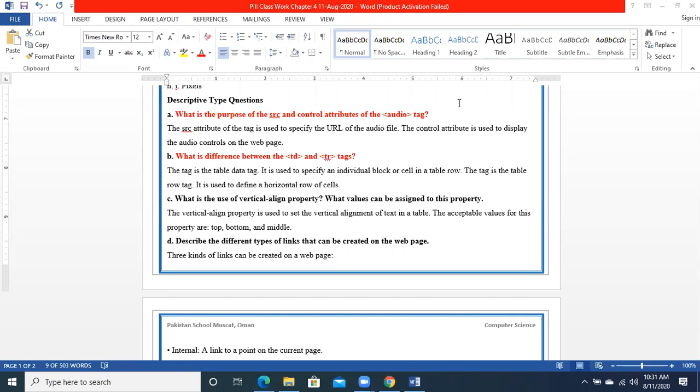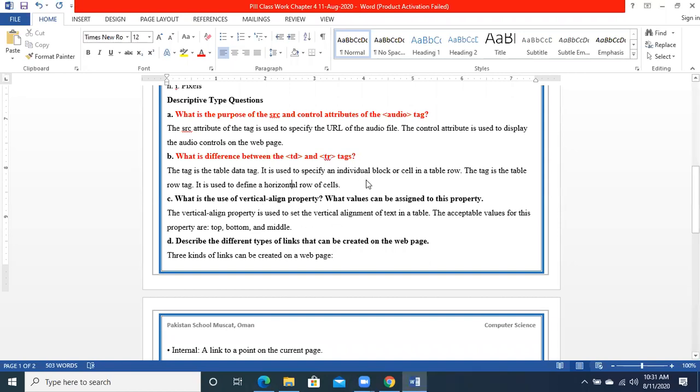First we will create the row, then we will put the values. When we are creating the row, TR will be used, and when we are putting the data, TD will be used. So these are basically the table tags.